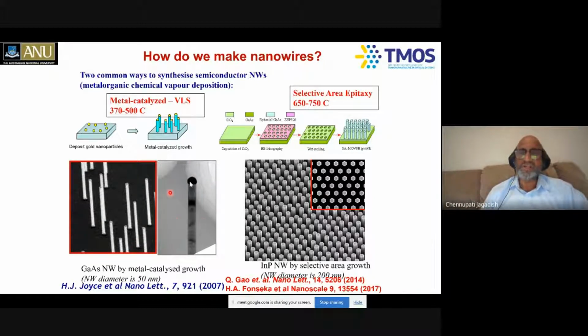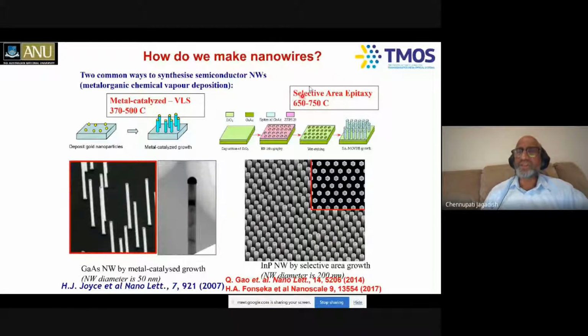You can see the transmission electron microscope image. Here is a gold nanoparticle, and here is the gallium arsenide, which is absolutely atomically perfect. Okay? Particularly, if we don't use this 2-temperature growth process, we were seeing earlier lots of twin defects and other things, and we were able to get rid of all of them. They're very good for making optoelectronic devices, like lasers, which I will come back to.